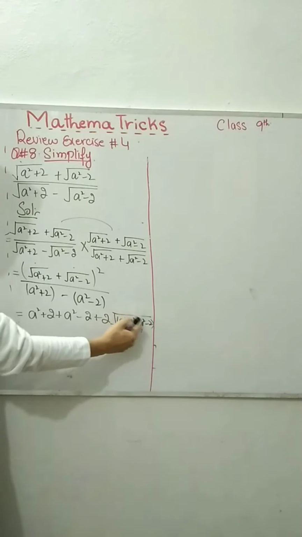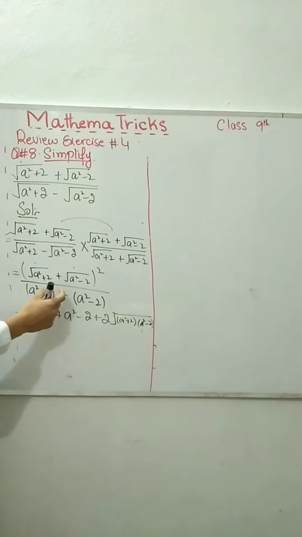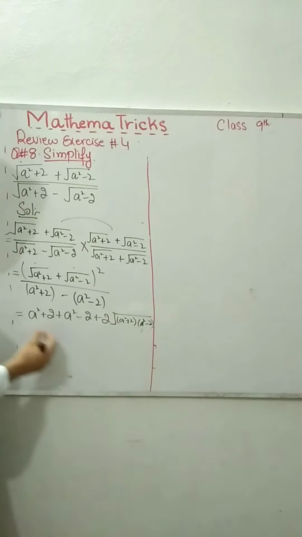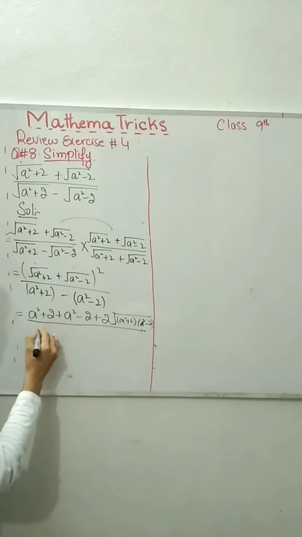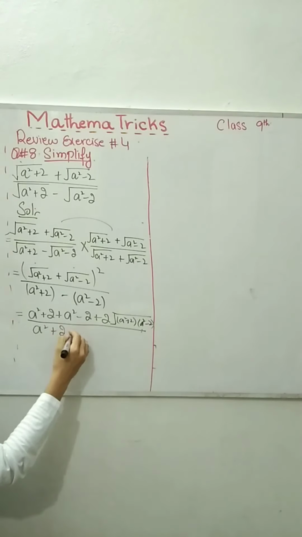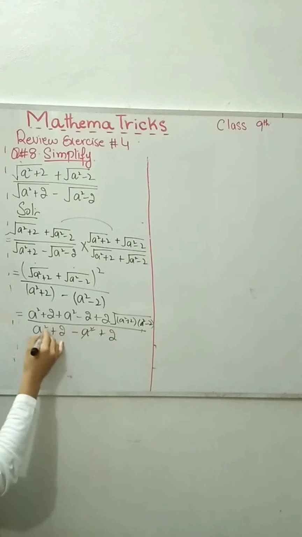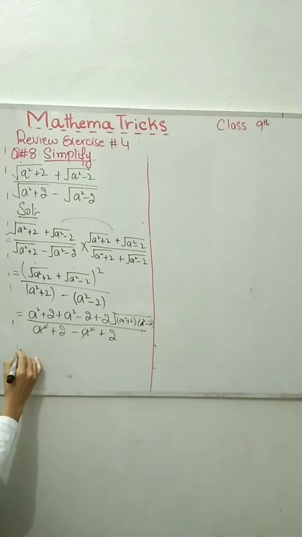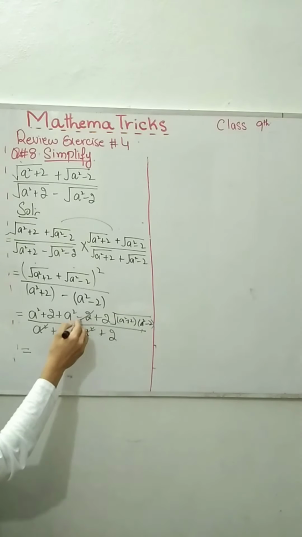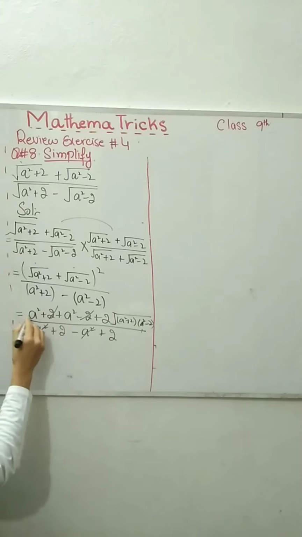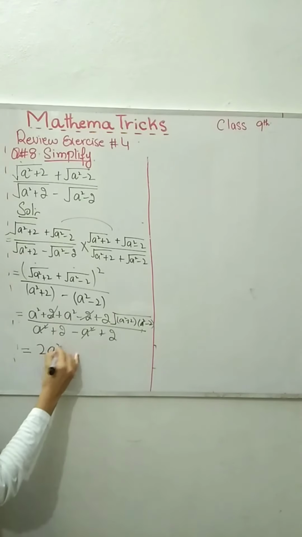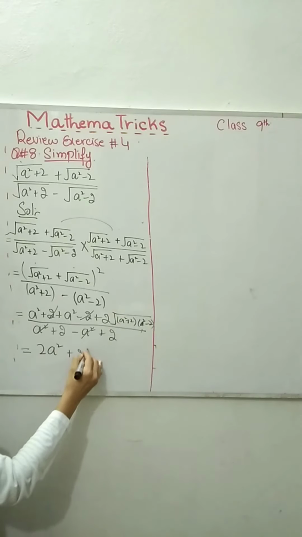Okay, I just simply write both the values in the square root sign, because when the two in 2ab get multiplied, both values come under one radical sign: a square plus b square plus 2ab divided by what? The denominator here, a square plus 2 minus, by minus the sign will be changed, a square plus 2. So this will be cancelled out and the denominator I have 2 plus 2, 4. Let's write it. Okay, even in the numerator this will be cancelled out and I got a square plus a square, 2 times a square, 2a square plus 2 into what?